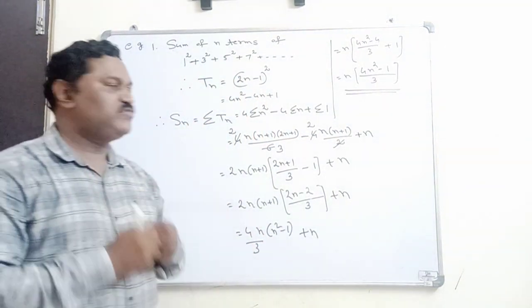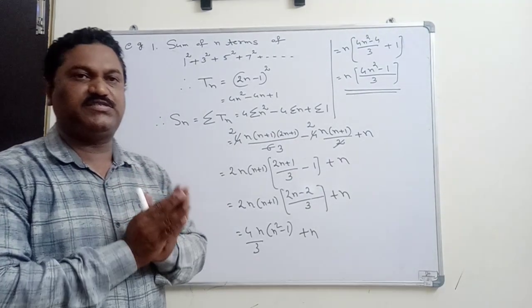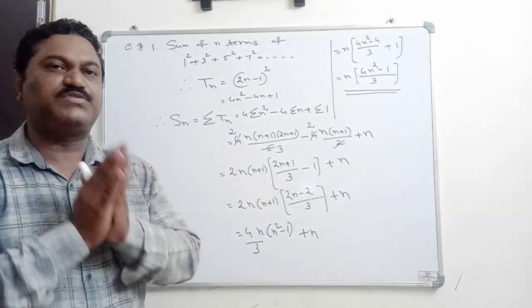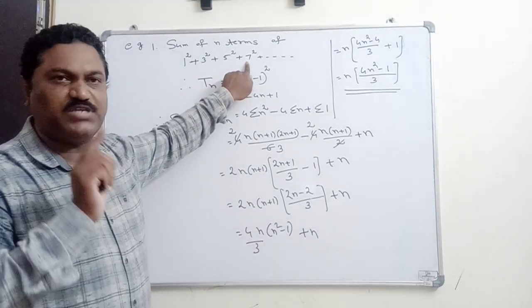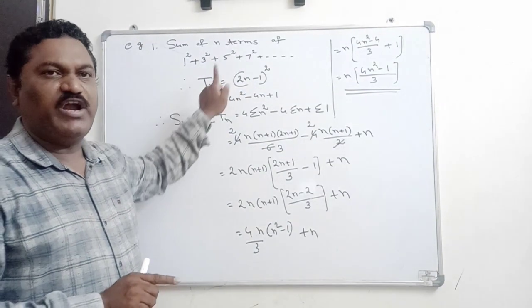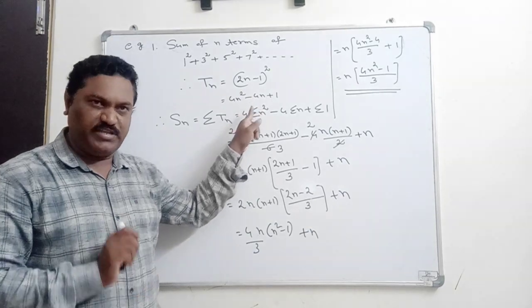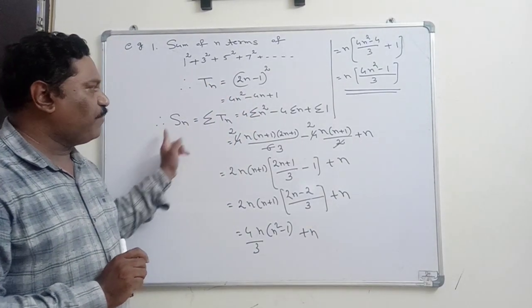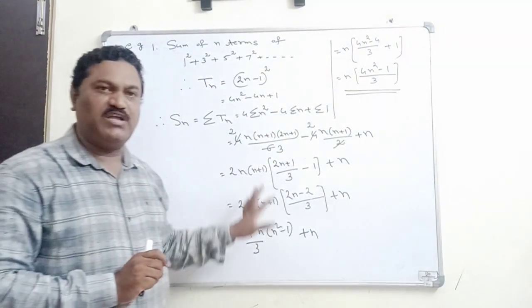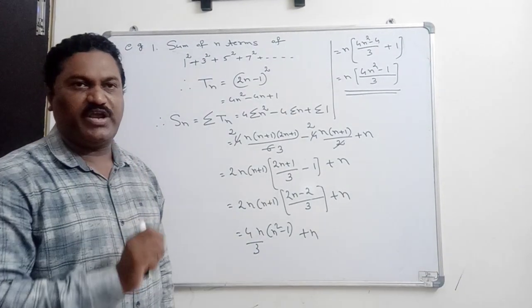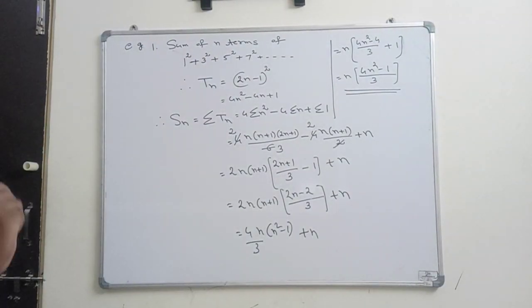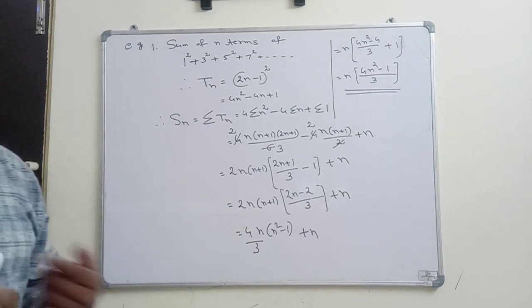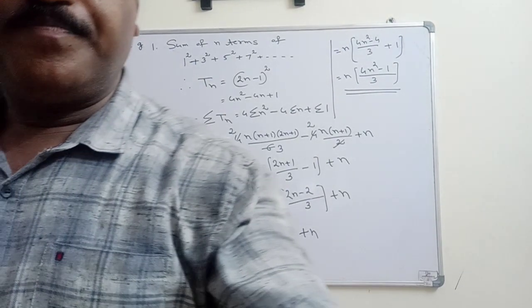Understand? Means whenever they are given some special series, if you want to find the sum of the n terms of that particular series, first by observing the 3 or 4 terms of the given sequence, you have to write the nth term of the given series. For that particular nth term, if you apply the sigma and if you simplify the terms carefully, then we are going to get the sum of the n terms of the sequence. Okay, so this is the first model. Then we will see some other models also on this.